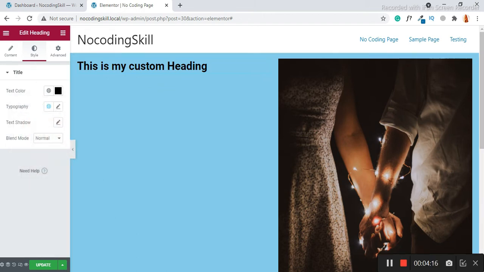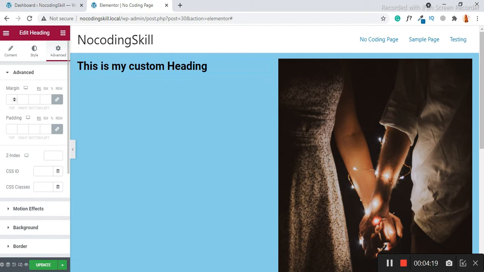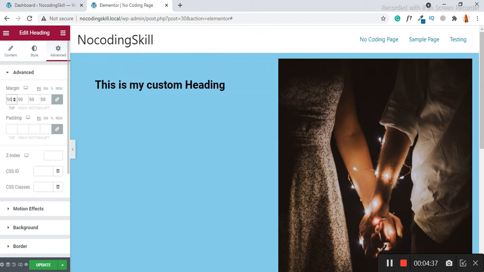You can set the margin, meaning if you want to give space to your heading from the top toward the bottom, you can set the margin, meaning 12, 50. By default it takes the whole margin, from all directions.